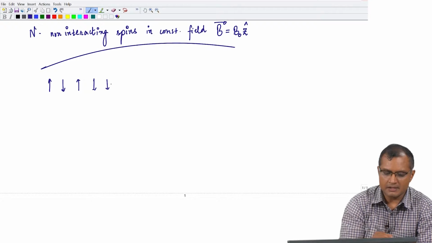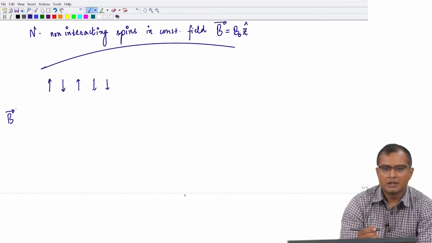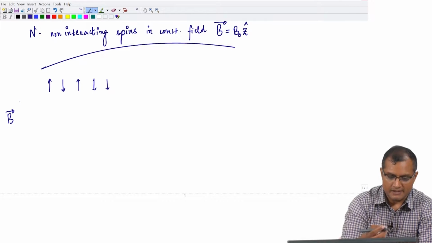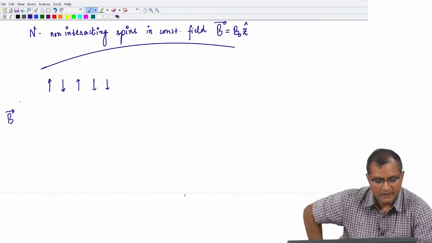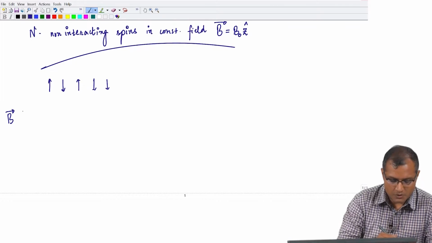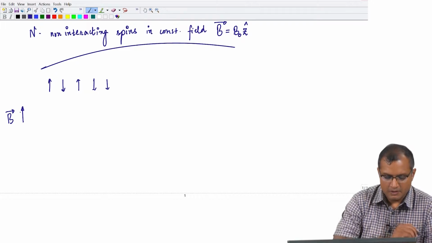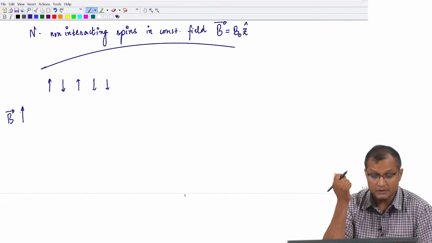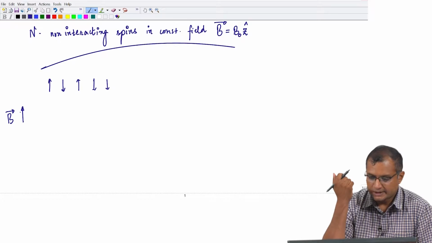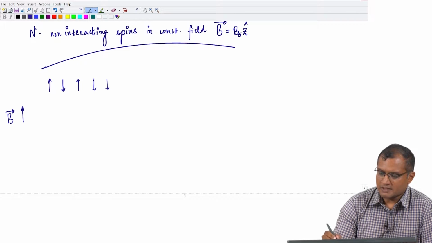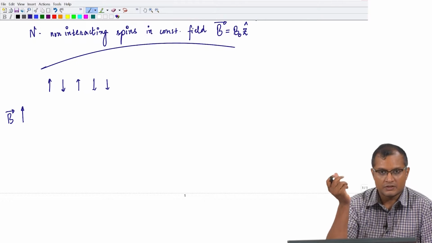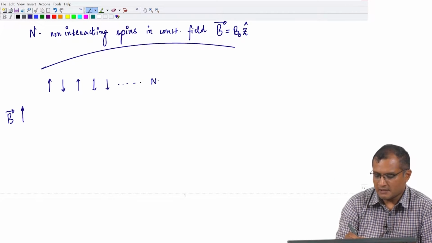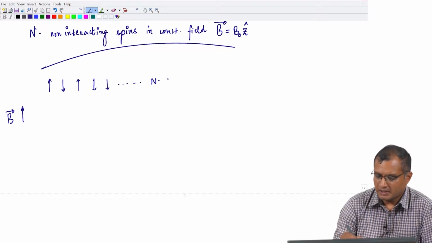in a magnetic field that is uniform and pointing along some direction, let us say the z axis. I can choose the z axis to be anywhere, but I am just showing the magnetic field to be along this direction, that is my z axis, and this is like a constant magnitude in the direction of the z axis. So, you can take n such spins, and